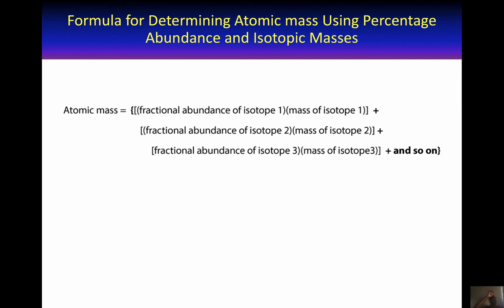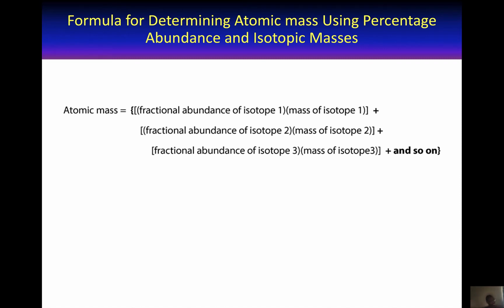Percentage abundance usually adds up to what? 100%. But because we normally divide percentage abundance by 100 to get fractional abundance, it follows that fractional abundance will also add up to what? To 1. Once we understand this, we'll say let X represent the fractional abundance of one of the isotopes, and then 1 minus X should represent the fractional abundance